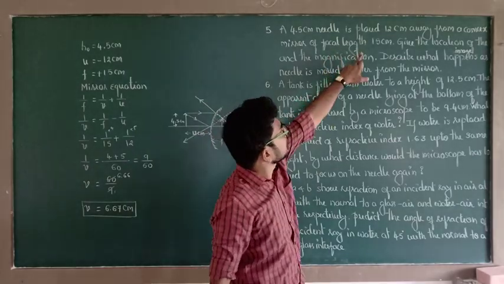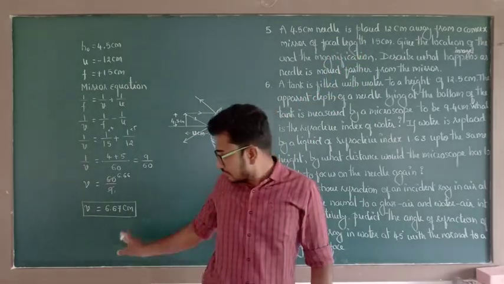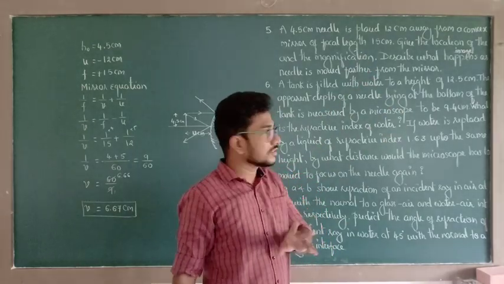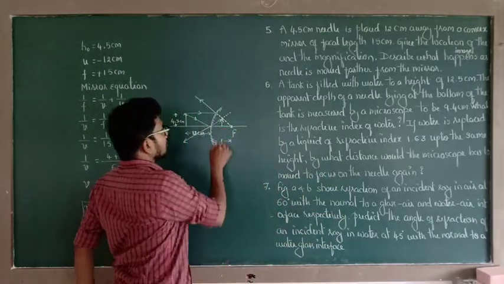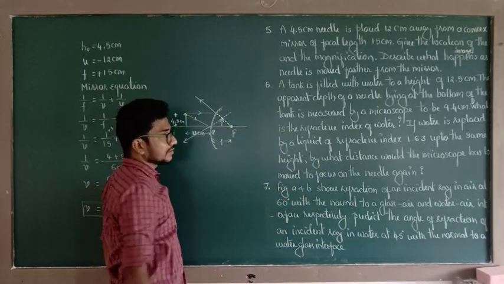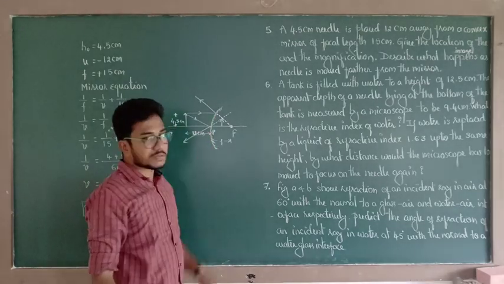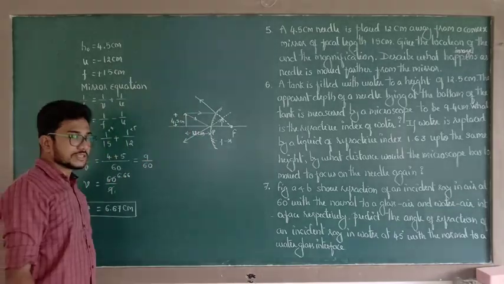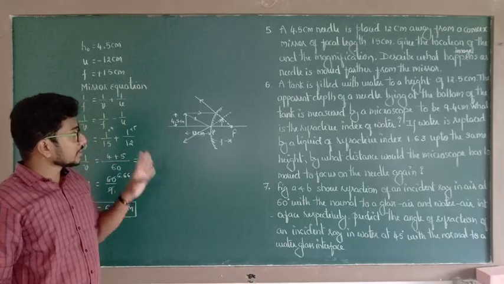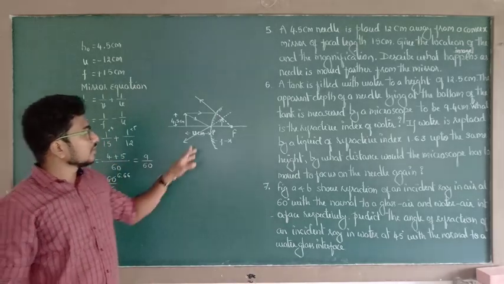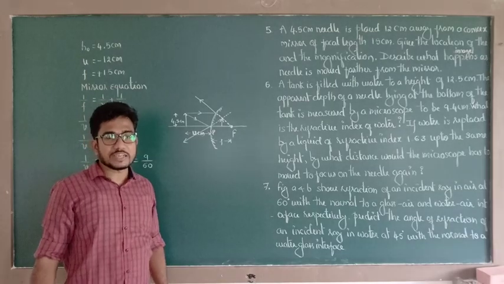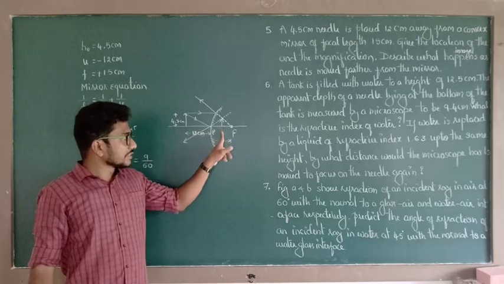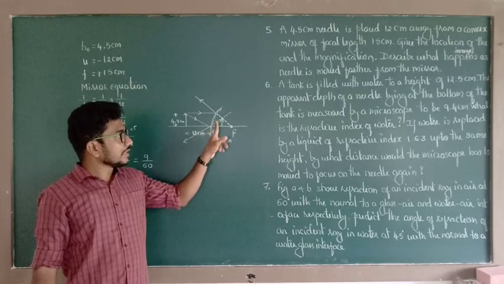Here the focal length of the mirror is 15 centimeter, and 6.67 centimeter is less than 15 centimeter. So that concludes the image lies between the pole and principal focus of the given spherical mirror, that is the convex spherical mirror. So this is the position of the image. In the case of a convex spherical mirror, we get a diminished image, not a magnified image. This image is virtual, erect and diminished.